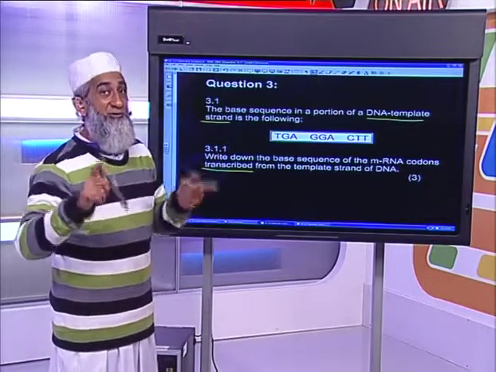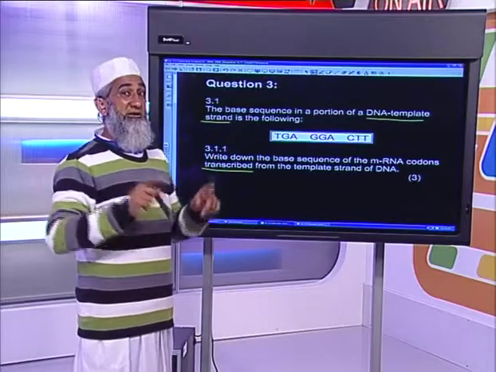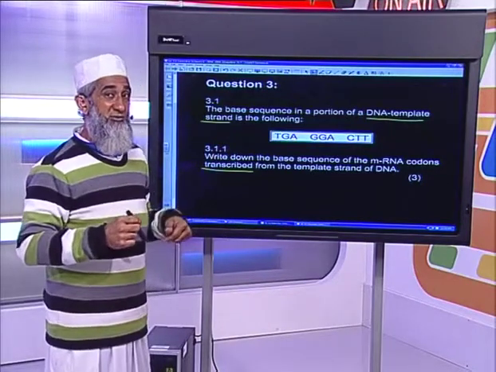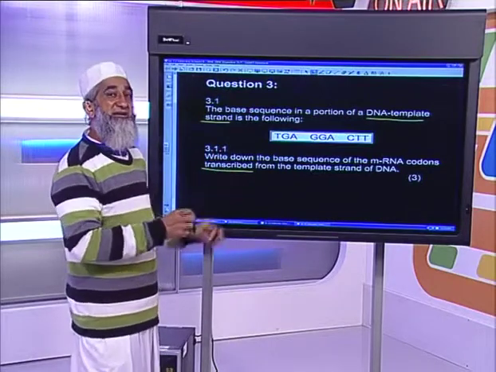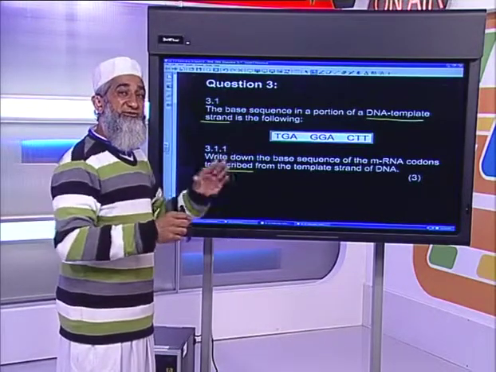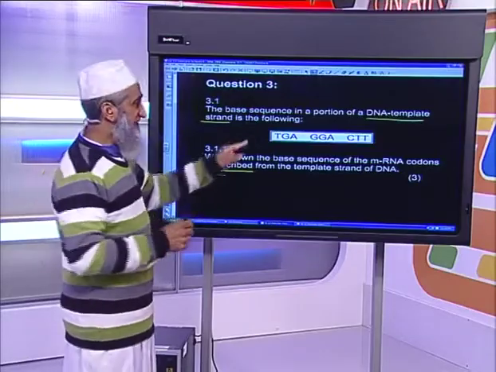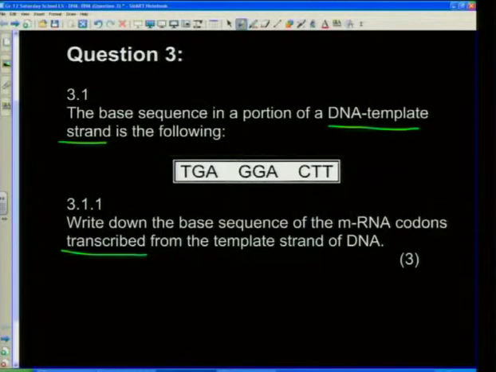In a good way, though, because we need this code. It's not that the messenger RNA is doing us down. We won't lose anything. Actually, we're gaining something. So messenger RNA comes in and it copies the code from one of these two strands. And that's what they're saying. Here's the template. So DNA acts as a template during transcription.